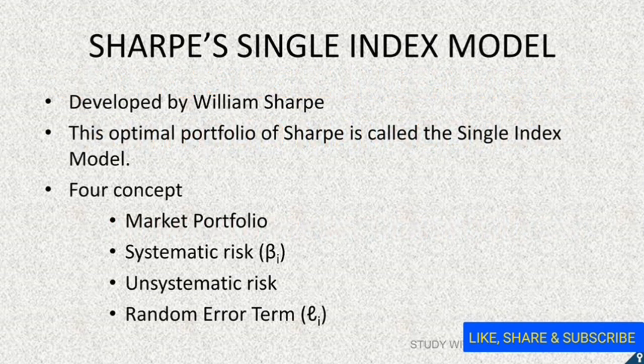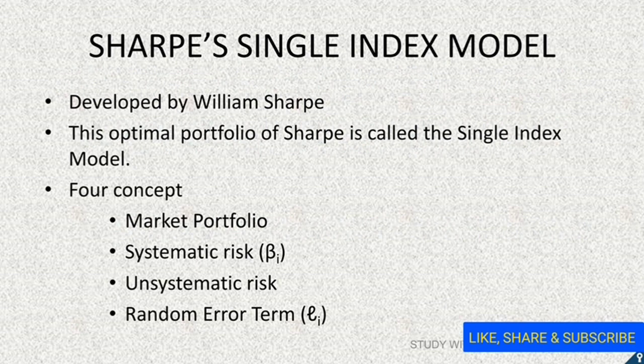Before the Sharpe's model, the Markowitz model was there, but it had serious practical limitations. Markowitz emphasizes that each security has correlation with each other and it requires a large number of calculations, whereas the Sharpe model says that instead of looking at the correlation of the securities with each other, we should look at the relation of the individual security with the one common parameter, that is market, because each security is associated with market, and thus we can form the portfolio and calculate the risk and return.